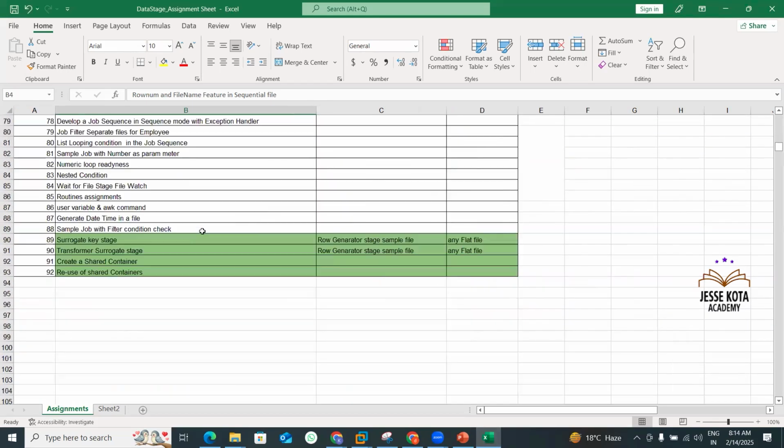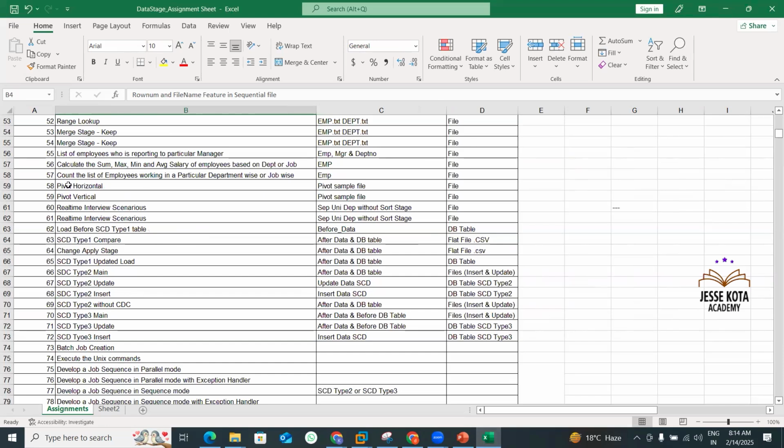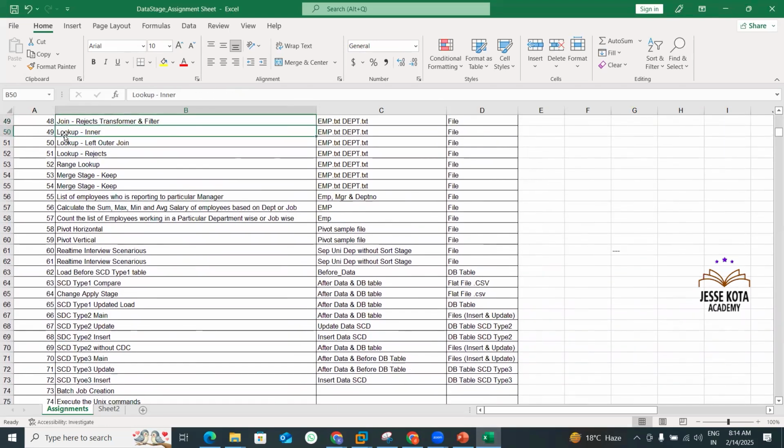Okay, so what is the exercise? Exercise 49. Here we are considering two inputs. The first input is the employee file versus DEPTT. Okay, so now let's